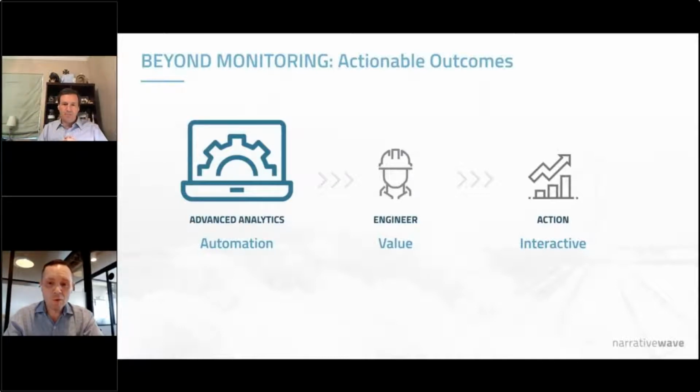Yeah, once you have that logic in place, the next obvious step is a corrective action, right? We can create automated corrective actions because we're going from what does this mean to a curated finding of an analytic, and now the solution can auto-suggest a corrective action. Again, here the key is using the engineer's knowledge. That's the most important thing. You don't want to outsource that to some third party.